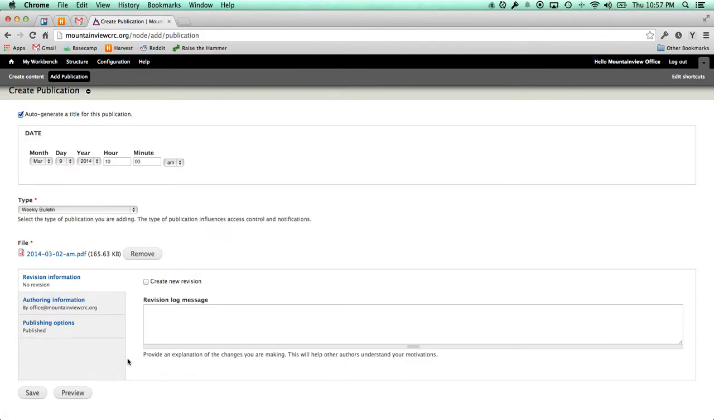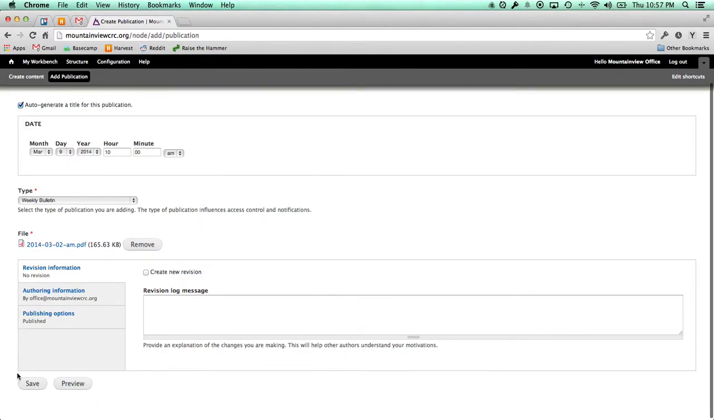We don't need to worry about this information for publication. It's fine by default. And then the final step, of course, would be to click save. I'm not going to do that right now because what happens when you click save is an email notification will go out to registered users of the site who have asked to receive an email notification when new publications are